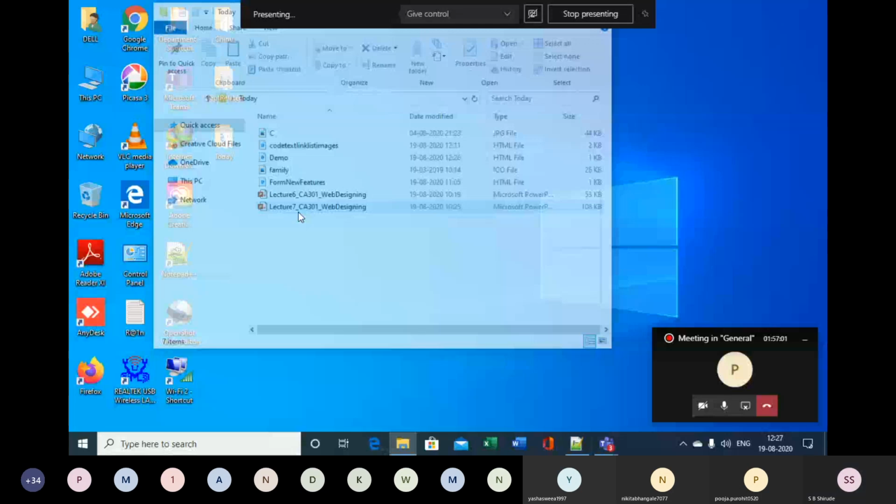Everyone, are you able to see the slide about the validation of the web page? Yes? Anyone can say yes? Are you able to see? No, ma'am.